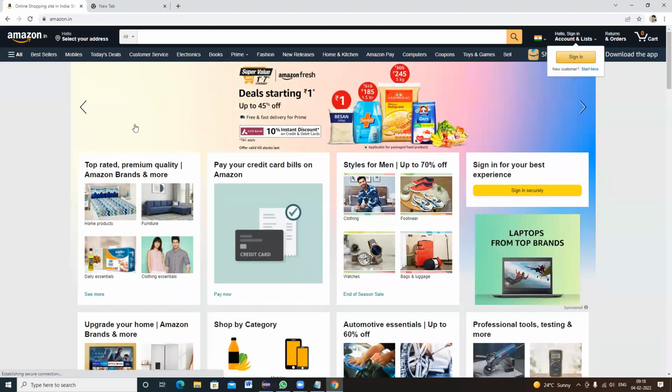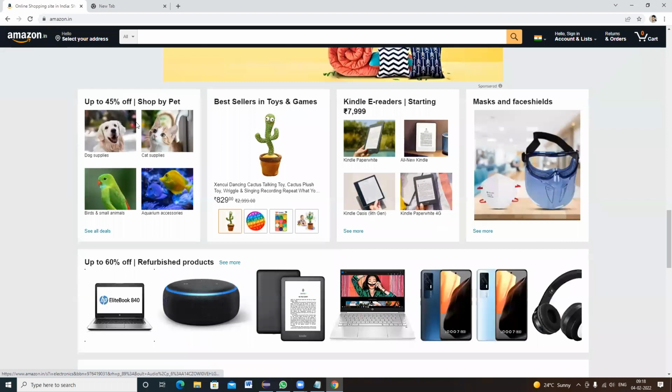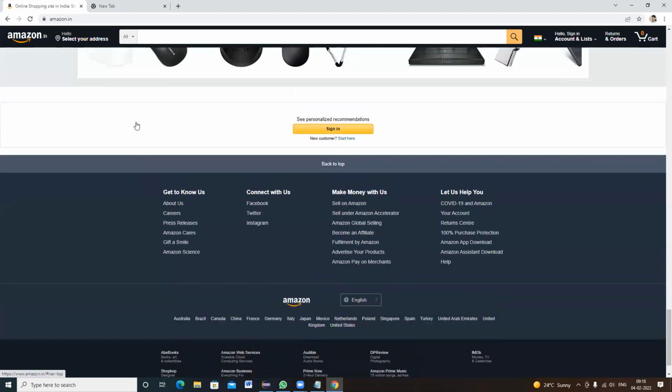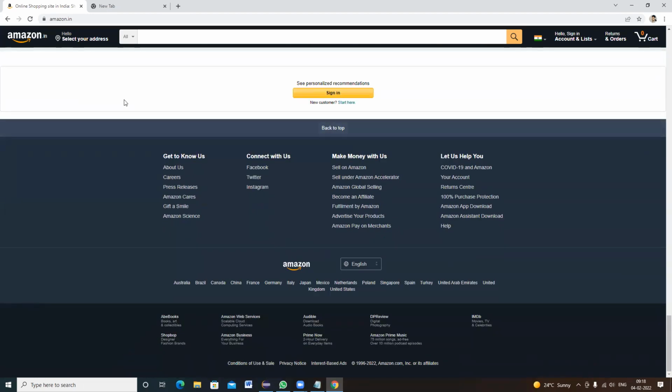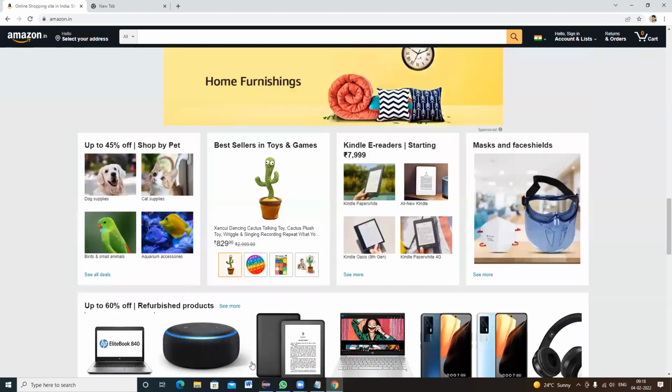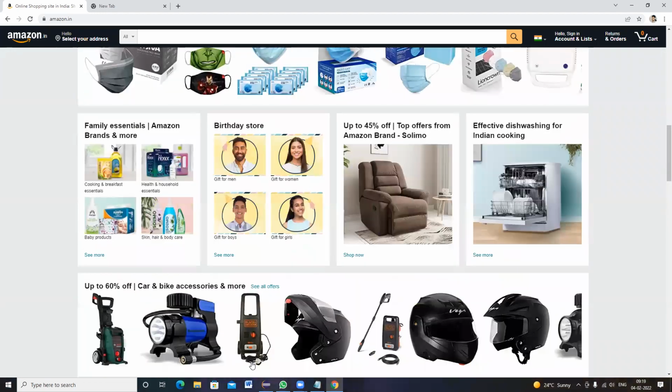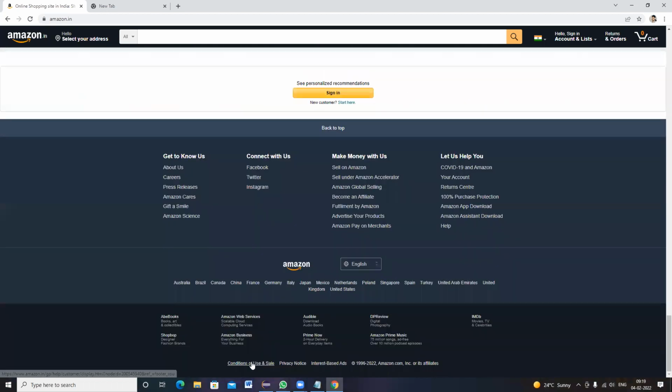On this website, I have to scroll to the bottom of the page and click on this conditions of use or sale. I need to scroll completely down on this website. If I want to click on conditions of use and sale, how will it happen?